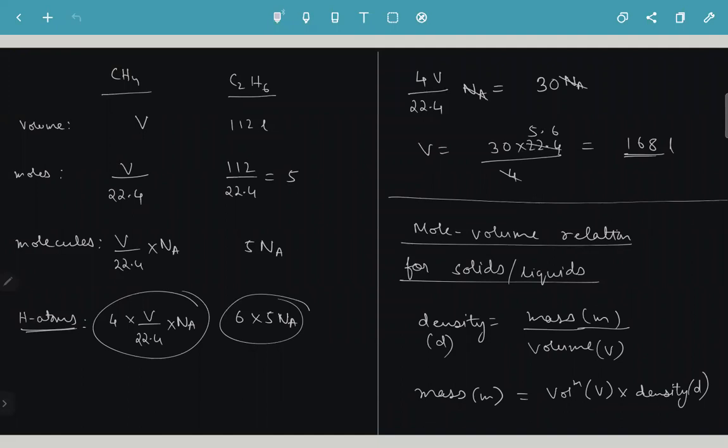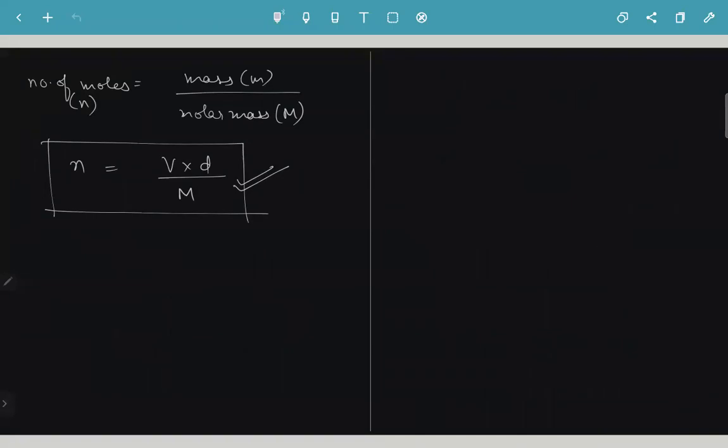Is this clear? नोट कर लो, मोल वॉल्यूम रिलेशन फॉर सॉलिड्स एंड लिक्विड्स। Let us do a simple question based on this. Find the number of mercury atoms